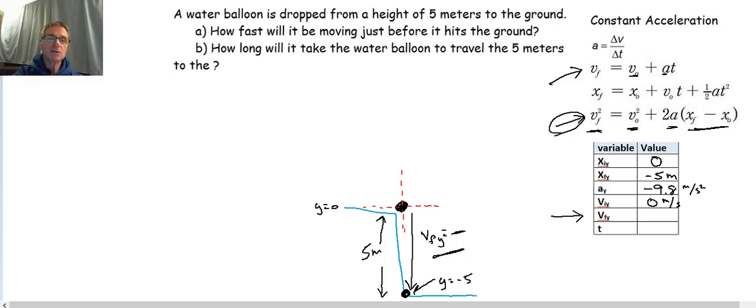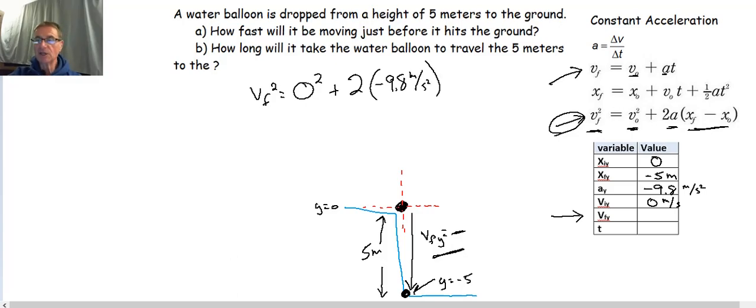All right, so let's see. v final squared equals v initial squared. Well, v initial is 0 squared, plus 2 times a times the change in position x. Well, 2 times -9.8 meters per second squared times the change in position x. Well, x final is -5, x initial is 0, right? So x final minus x initial. So what do we got? We have v final